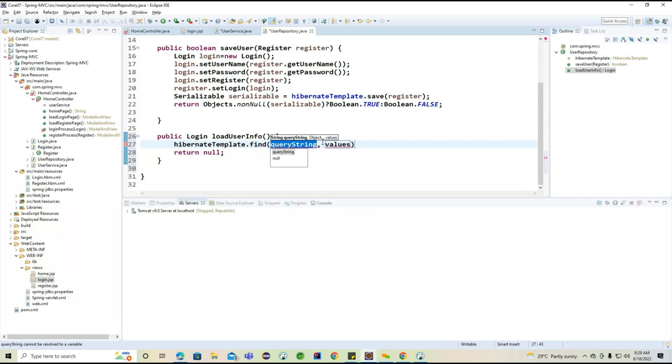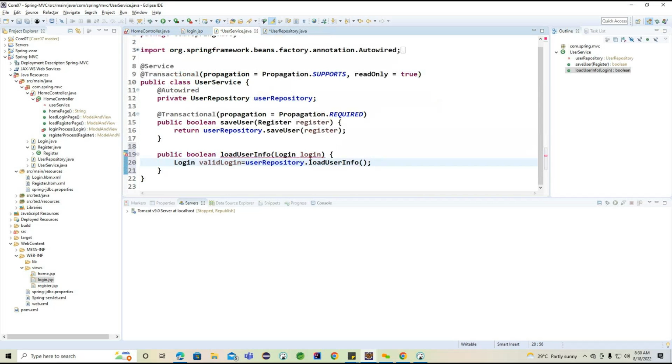So the query: from Login where Login L, we can write an alias name, L dot username is equals to question mark,